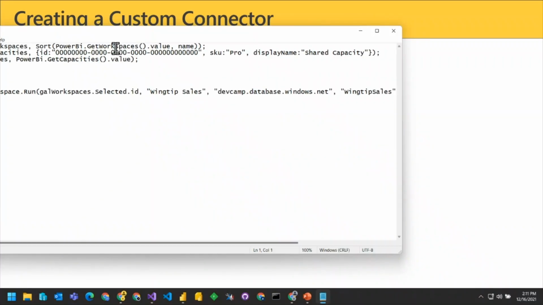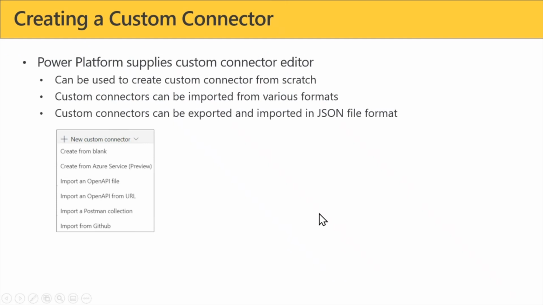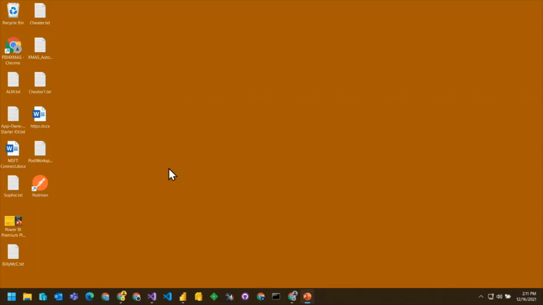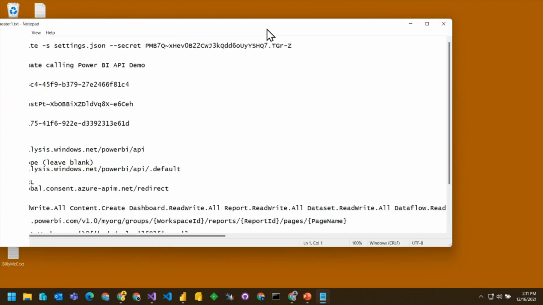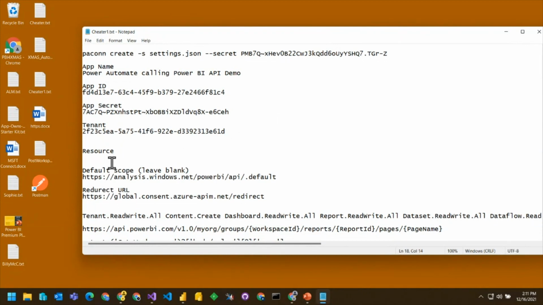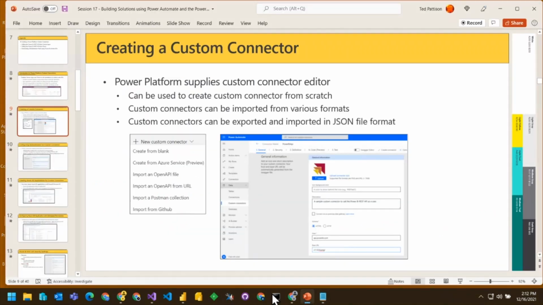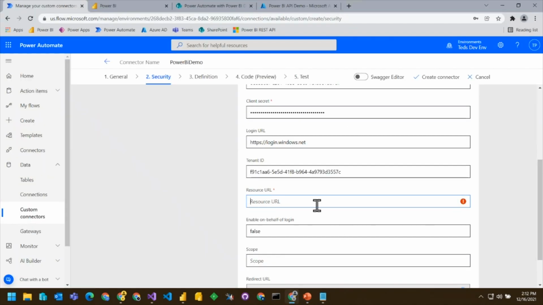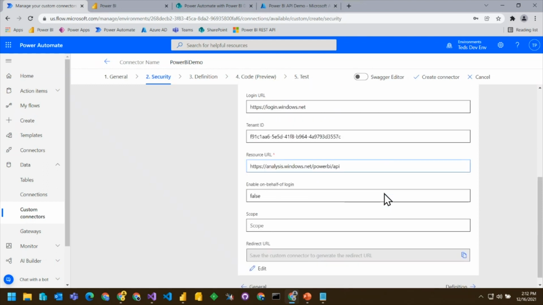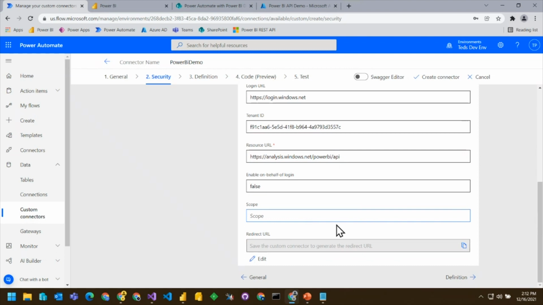And inside of my cheater file, excuse me, let me try that one more time. That was the wrong cheater file. Okay, so back to cheater one. And here's where I have some things that I need. In particular, there is this resource. You can think of this as the ID for Power BI secured objects. So when we get access tokens and we get things like dataset read or report read write, they all are identified as Power BI objects by this little string right here.